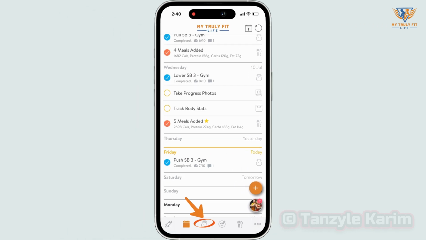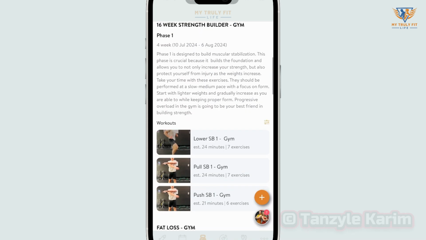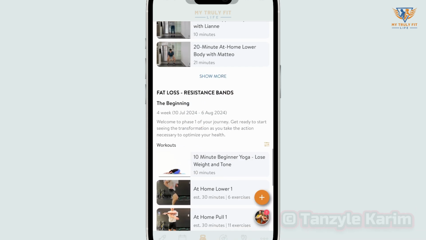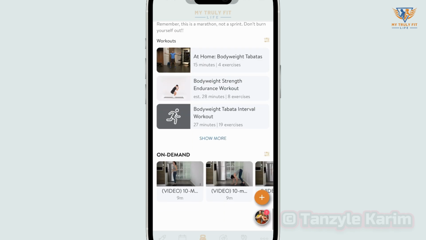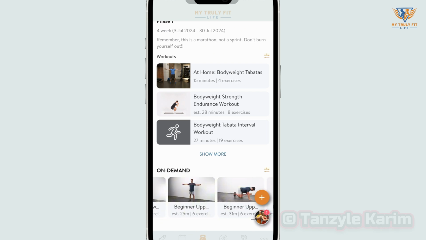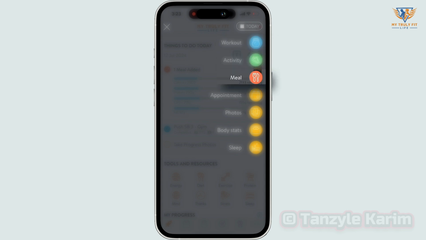Now, we will click the kettlebell icon at the bottom of the screen. This is where you'll find all of your programs and on-demand workout library. When you decide on a workout, you can click and schedule for today with ease. At any time, you can click the plus icon on your screen to add a workout, activity, meal, track sleep,